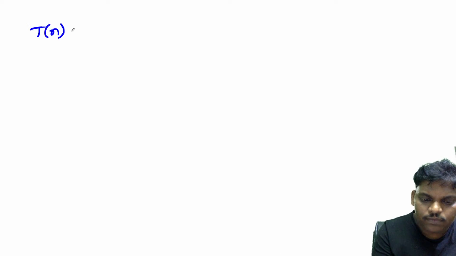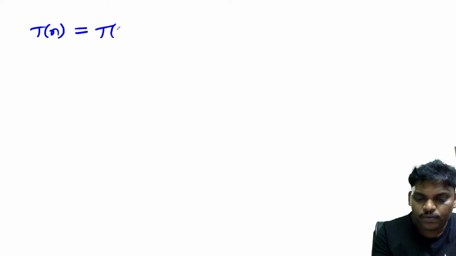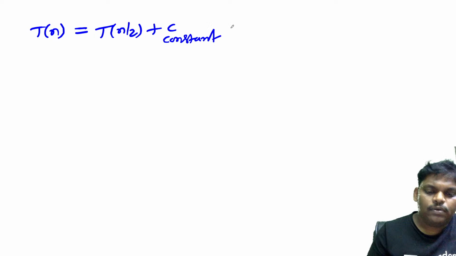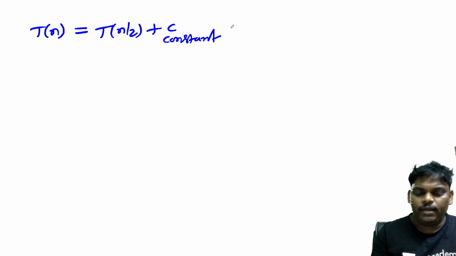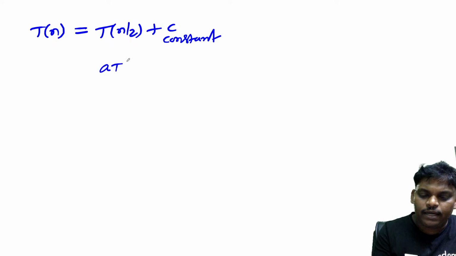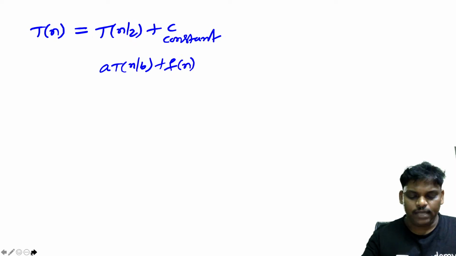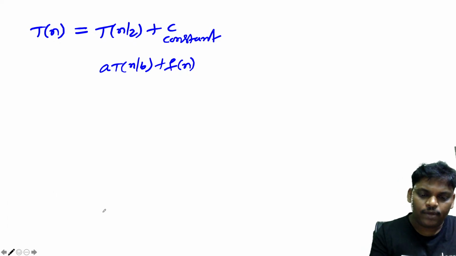T(n) = T(n/2) + C, where C is a constant. Using the master theorem, what is the answer? I will explain as usual. Compare this with aT(n/b) + f(n), which is the master theorem form. When you compare,